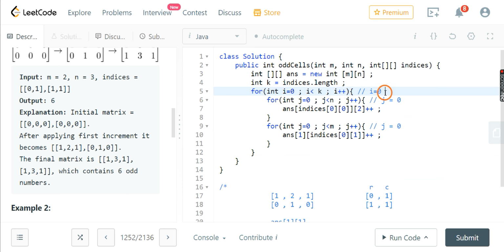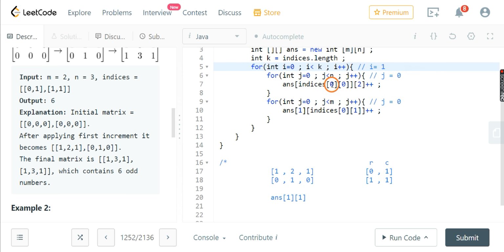So let us apply the final increment now. Our I will become 1 and j is equal to 0. Our I is 1, indices at 1 comma 0. Let's see, indices at 1 comma 0 is 1. So this will be 1 and j is equal to 0, so this will be 0. So let's increment answer at 1 comma 0, first row and 0th column.